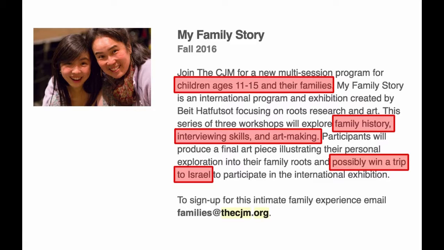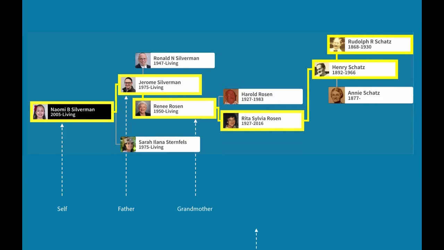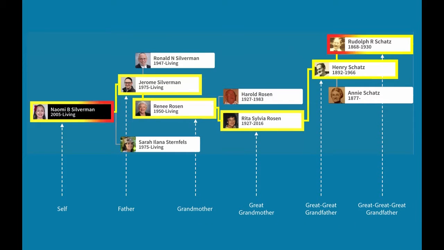I was like, freaking A, dude. That's a $1,700 ticket. Sign me up. Of course, the chances of winning such a thing are pretty astronomical. But this is me and my 11-year-old daughter, Naomi. We showed up at the Contemporary Jewish Museum of San Francisco, which is actually quite a drive from where we live. We started doing research, and we found out that my daughter is actually a fifth-generation American, going back to